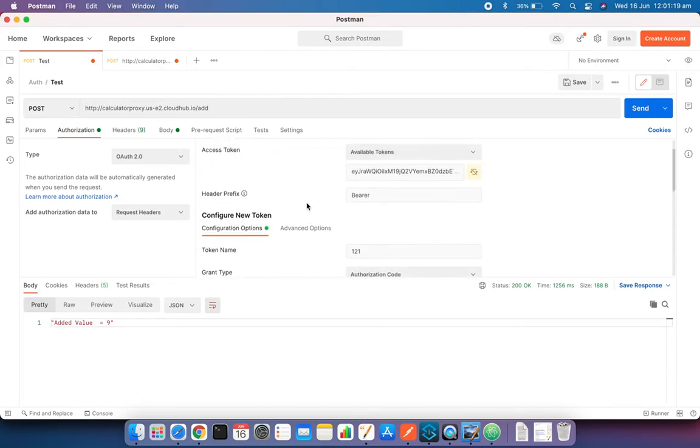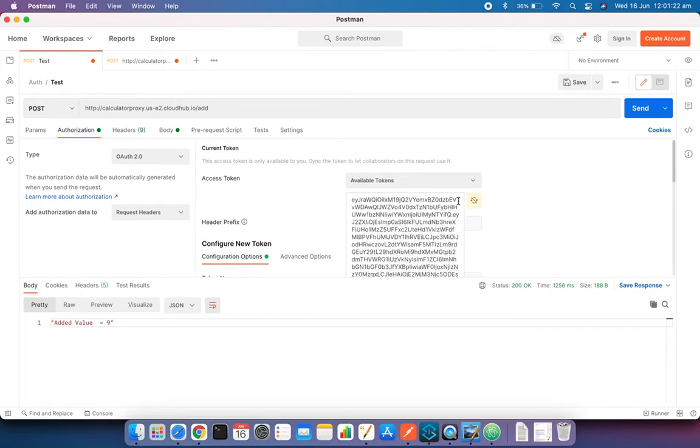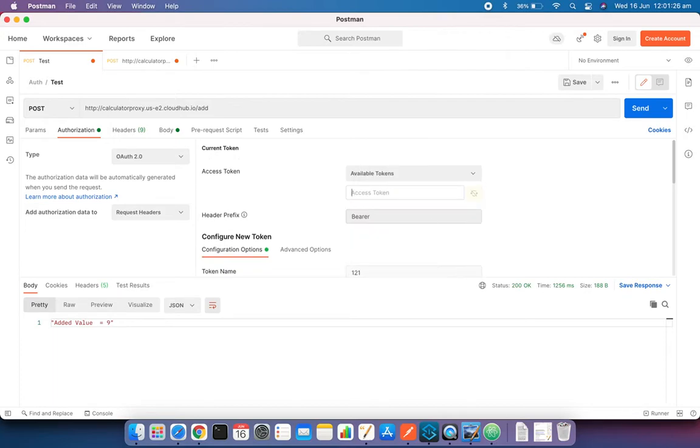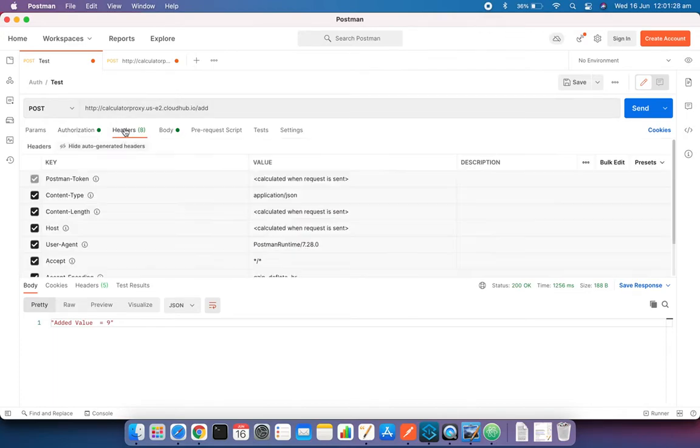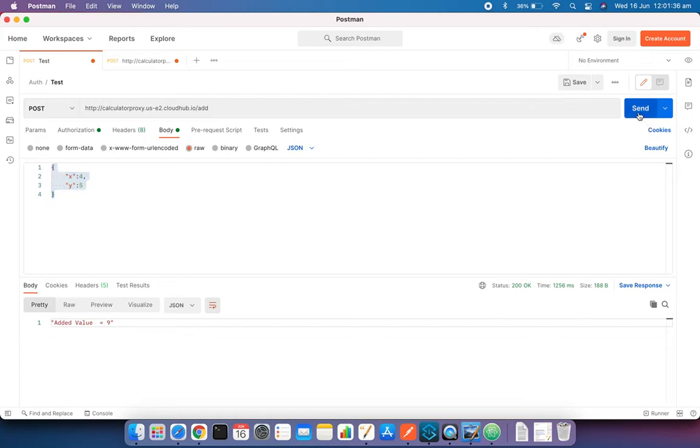So I want to remove that. Let me see if there is a way to remove it. Access token is removed. Let me see if it's removed from here. Yep, I think it has been removed now. Okay, it is removed now. So let's see. Yeah, so you got the JWT token is required. So we have applied our policy and it is working, which means,